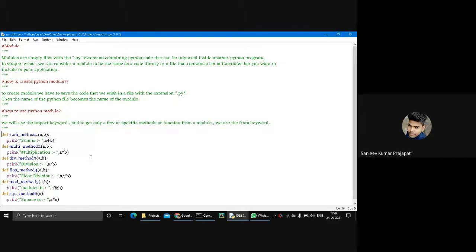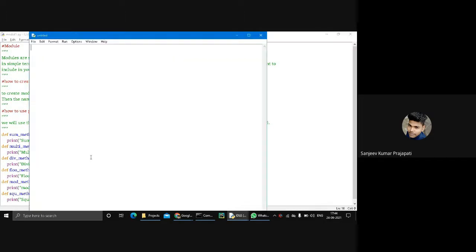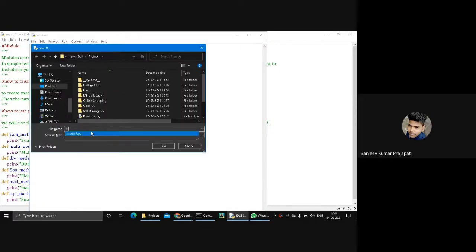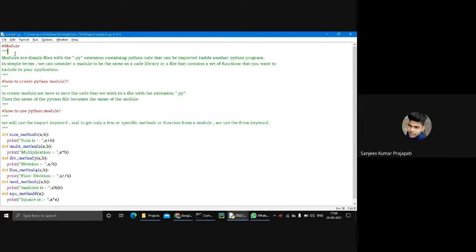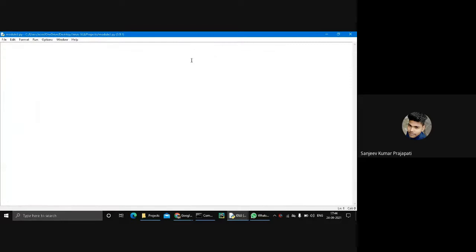So I want to create a new file named module2. In this file, module2, I import all the properties of the module.